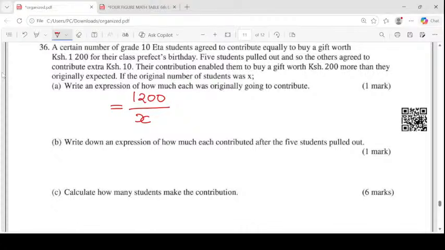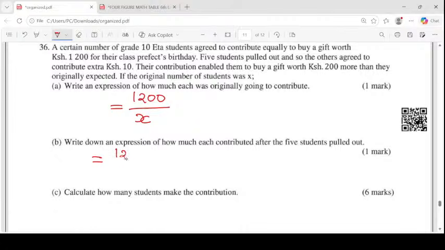So from what they were to contribute, they contributed 10 shillings extra to enable them to buy a gift worth 200 shillings more. Write down an expression of how much each contributed. This will be now